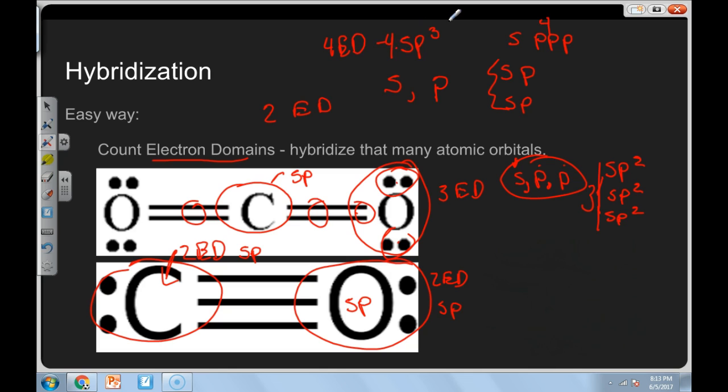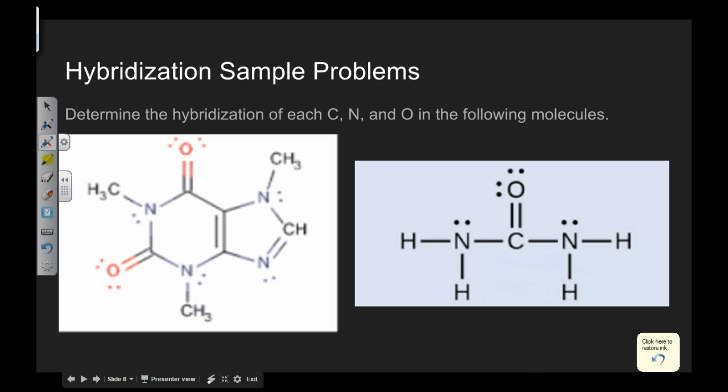Okay. Now, trick question, what if we get up to 5 electron domains? Well, with 5 electron domains, remember we run out of p orbitals, there's only 3. What's the next one that we fill? Well, we can hybridize d orbitals in there, so it can keep going and going and going. Okay, but it's kind of fun. So let's take a look at some of these